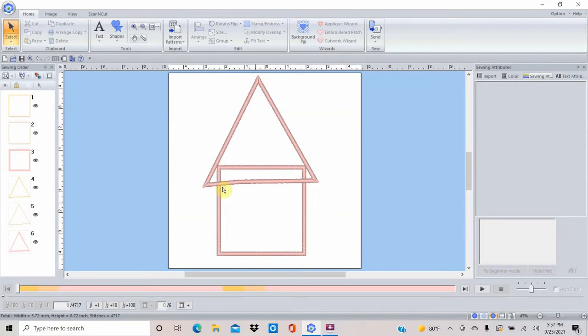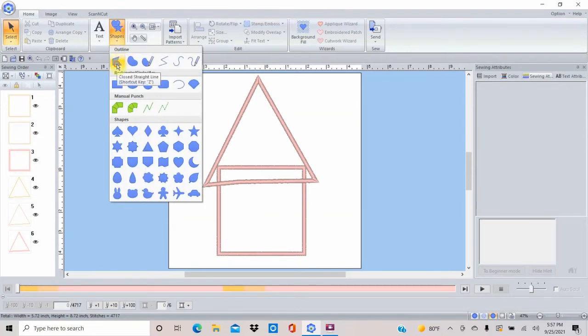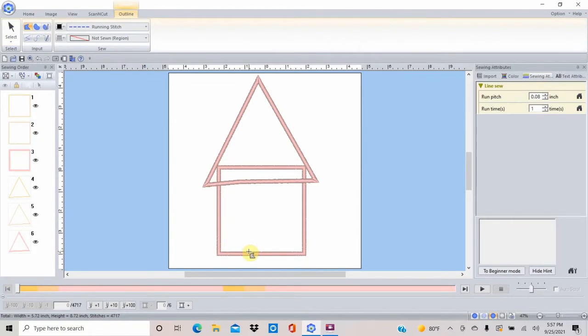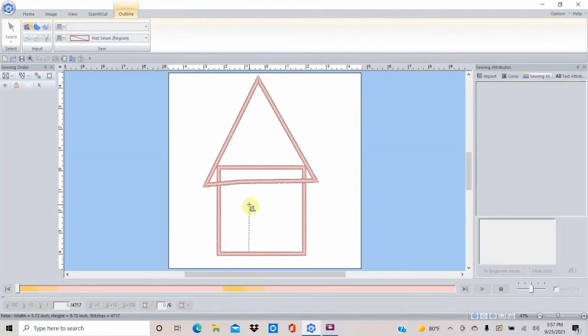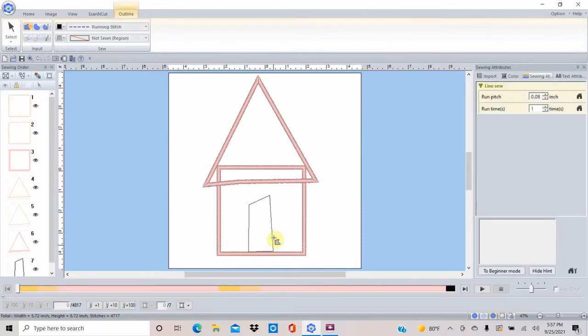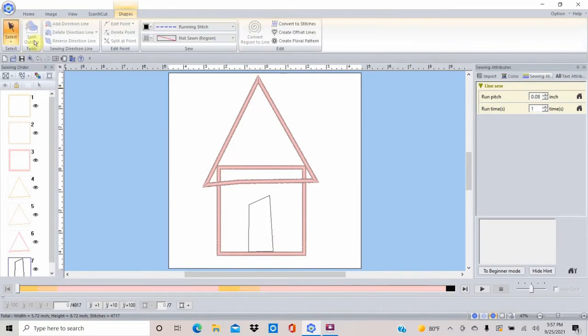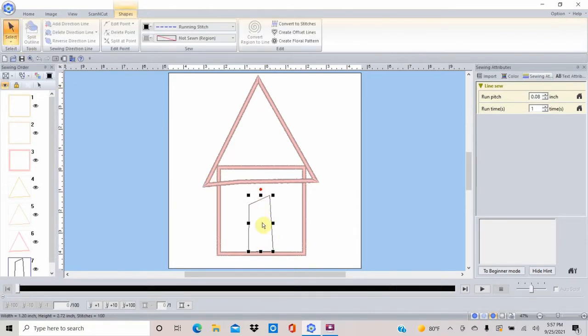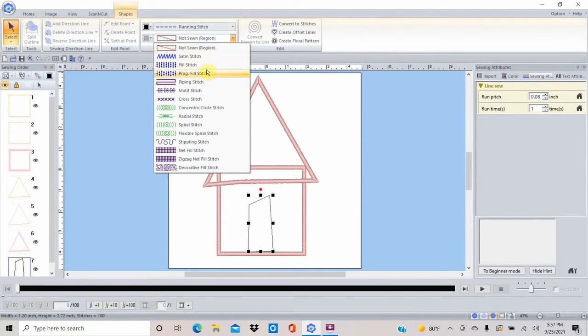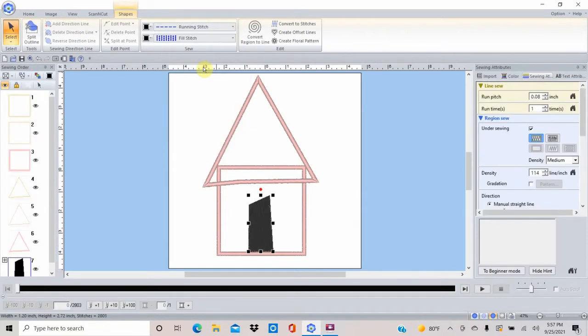I'm going to put a door right here. So I'm going to go back into shapes, choose this, tell it to come up, and let's kind of make it a little bit of a crooked door. Double click, and it just made a door. I'm going to come back up here, get my select tool. So now the door is selected, and we are going to tell it to fill that with